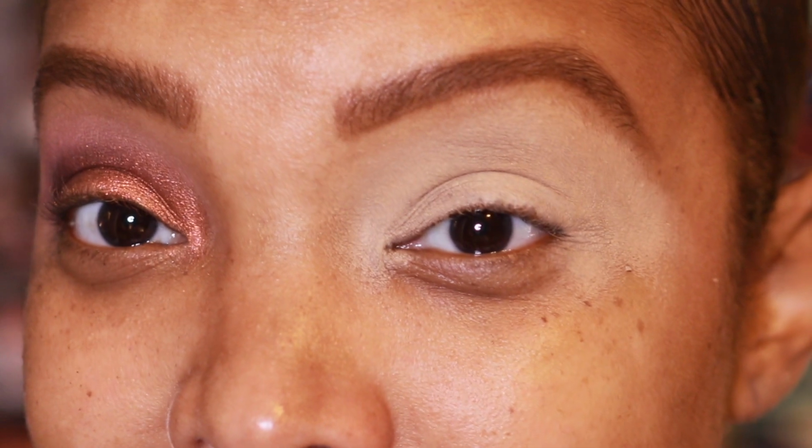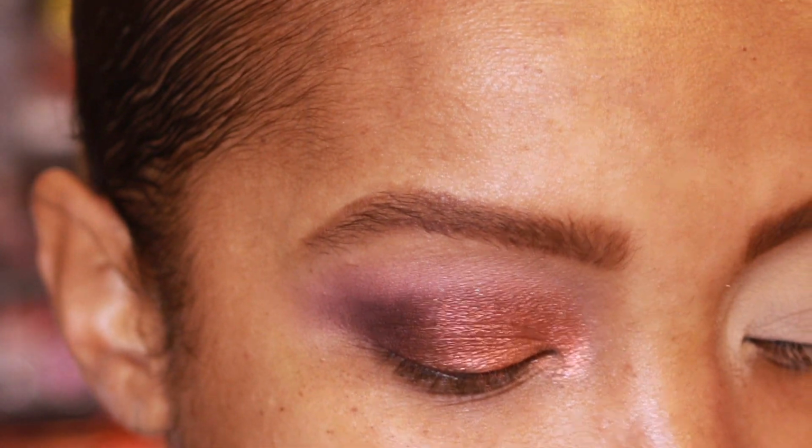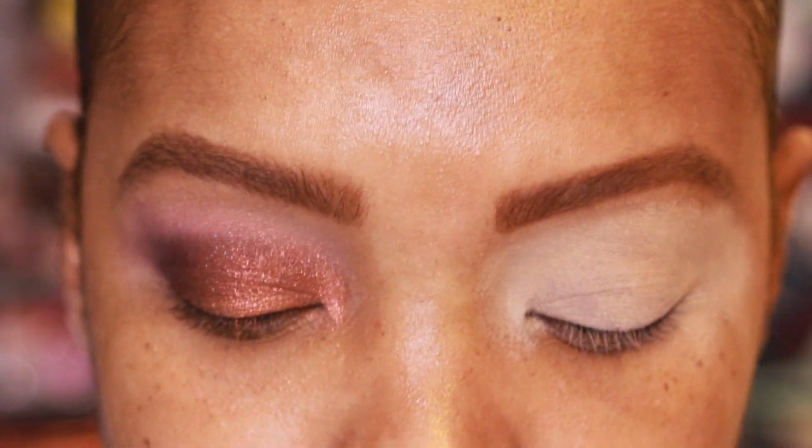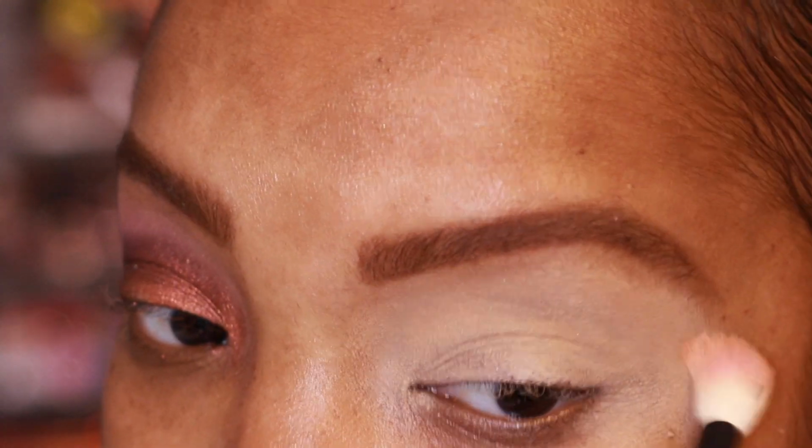Alright, let's go into the next look. Eyelid is primed using that same primer. I probably put a little bit too much primer on. I'm going to go in with that same Rephr number 16 brush. We're going to take the shade Lit now, and I'm going to use this as a transition shade. And I'm just going to buff this